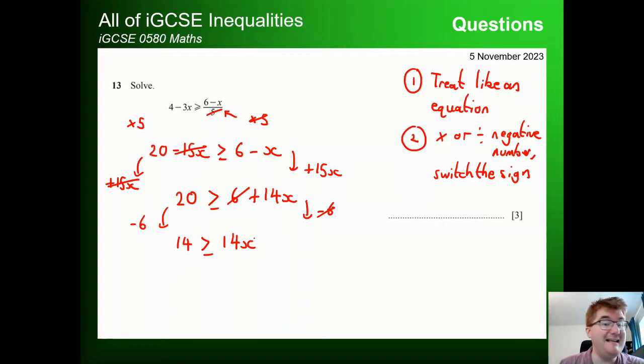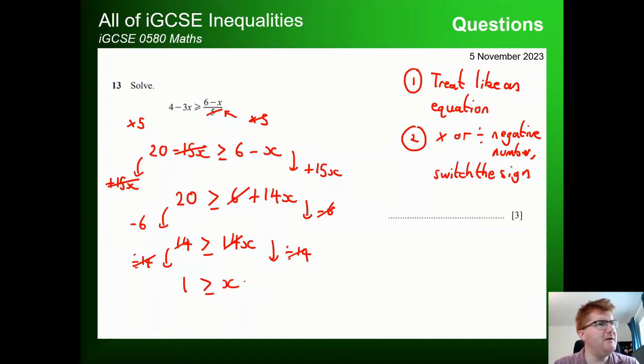And now we want to get the x on its own. What's the opposite of timesing by 14? Well, we're going to divide by 14 on both sides. 14 divided by 14, that just gives us 1 here. And then we get what we want on the right-hand side, leaving us 1 is greater than or equal to